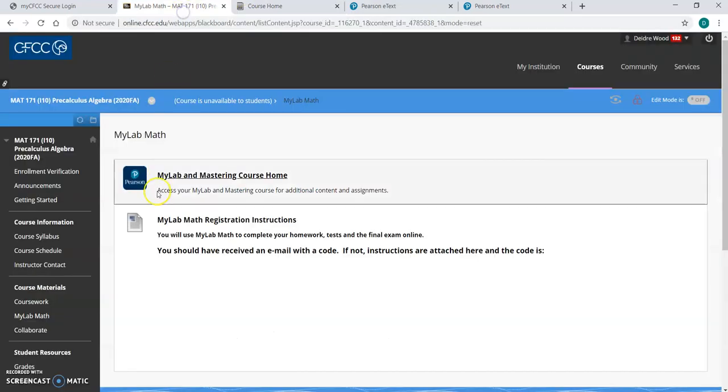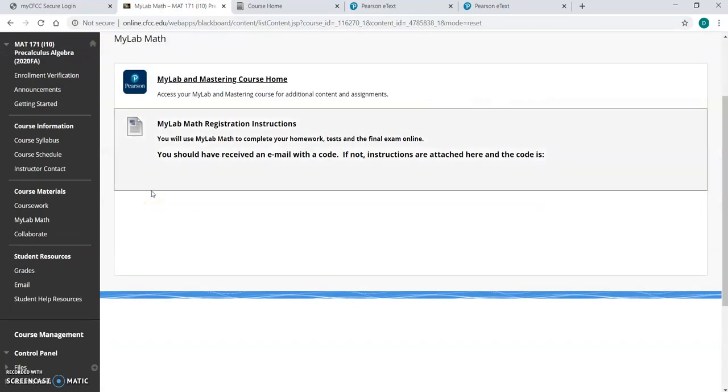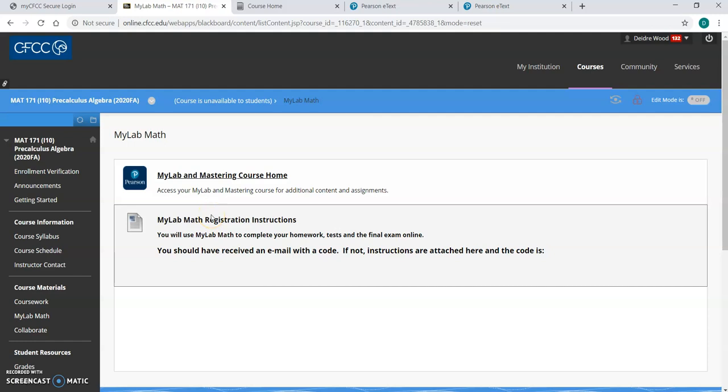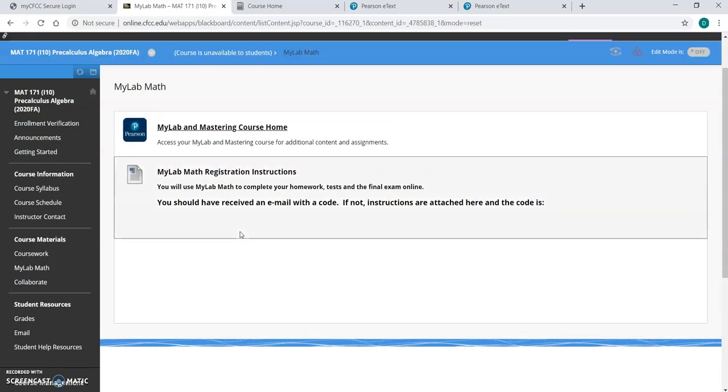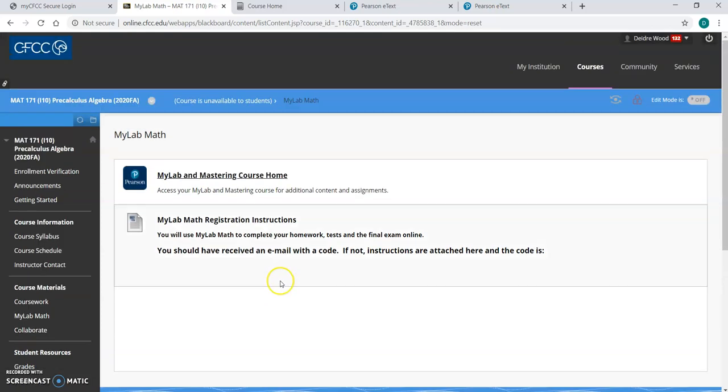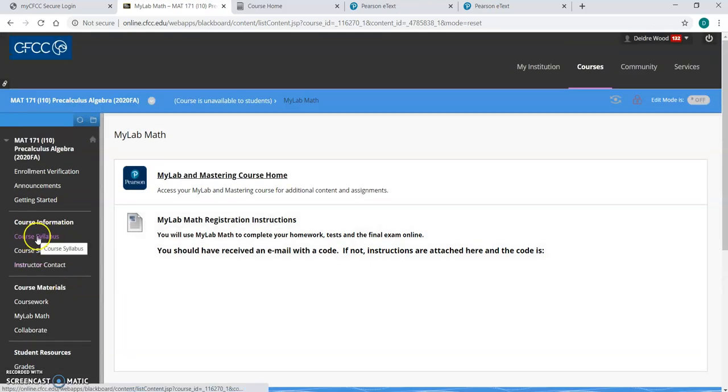I'll go back to the course, and I believe that should help you get started through the course. Like I said, as far as grading, you will go by the grade that you see here in Blackboard. If you have any questions, feel free to reach out to me. But again, first thing, be sure you click on the syllabus and read through it, and then